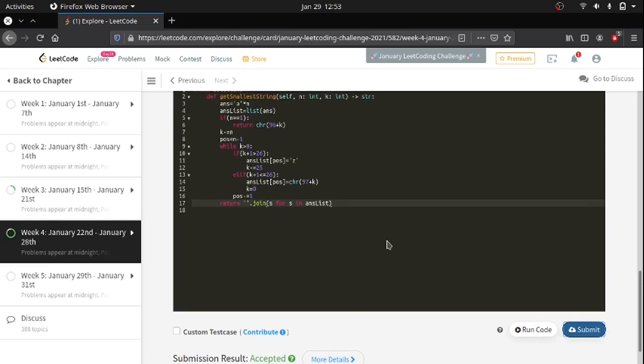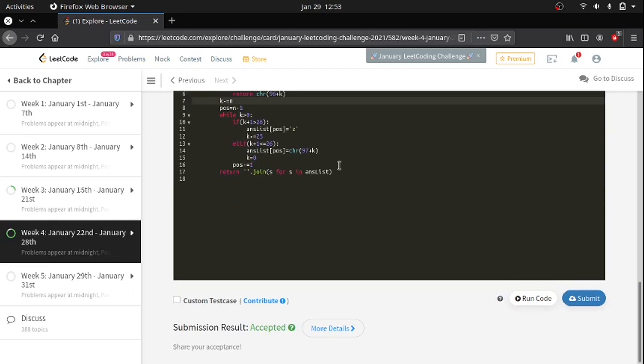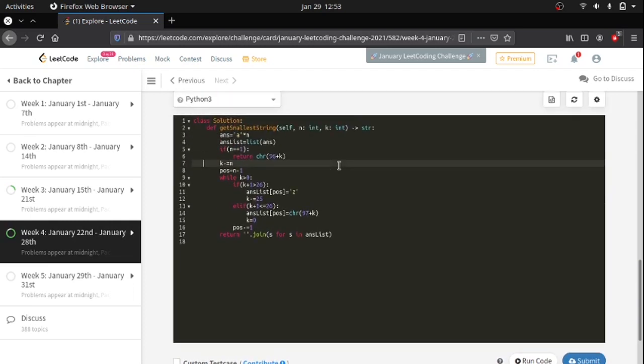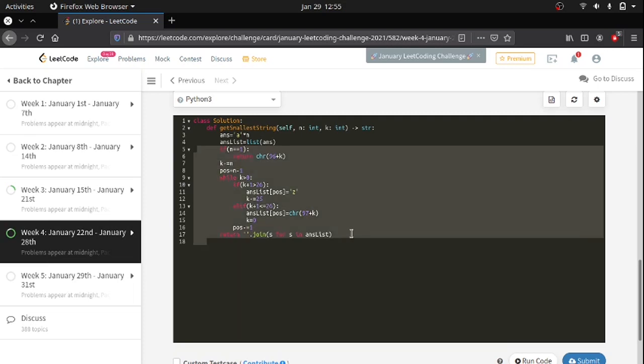Whatever condition I put here, it will be submitted and the question will be accepted. If you want, you can do one thing which will be very easy. You have got the catchphrase, right? There will be all a's and all z's, and there will be one intermediate element which is neither a nor z. So you build a recursive algorithm in such a way that you calculate the number of a's and the number of z's that have to be arranged in the string, and the intermediate character that you have to append. So try that also, it will be a very efficient algorithm. Thank you.